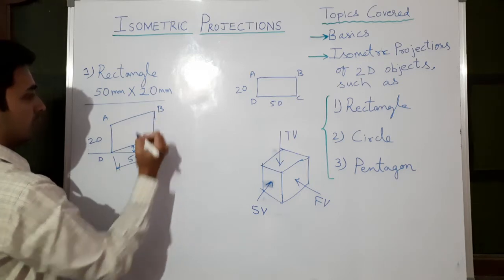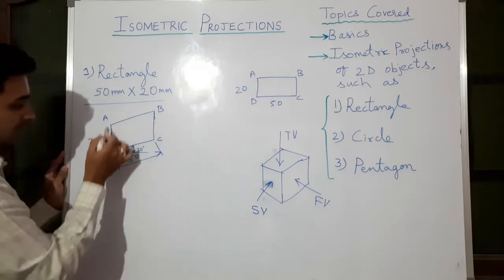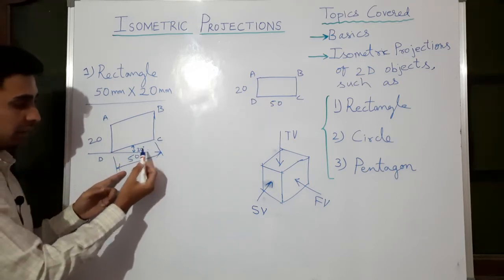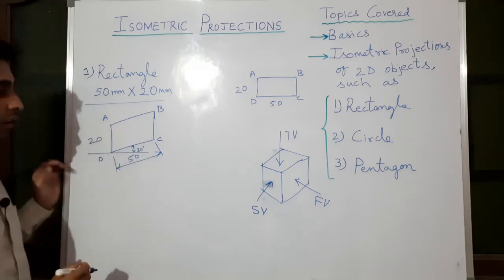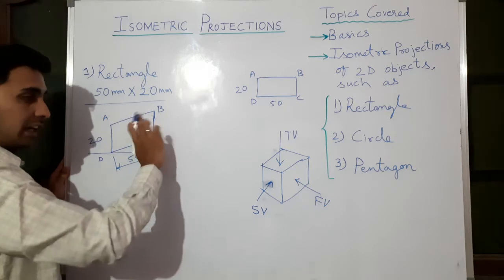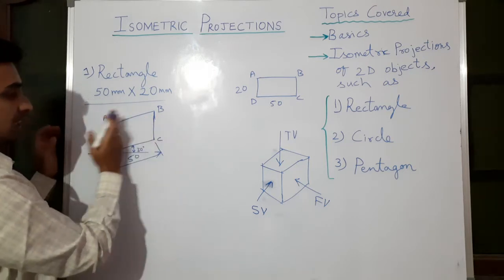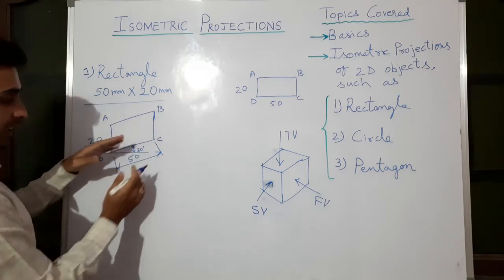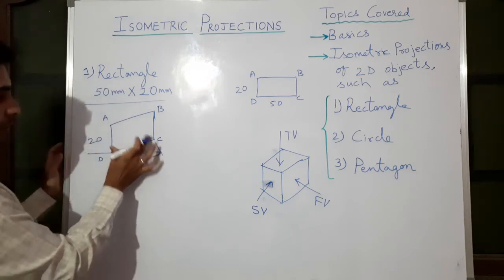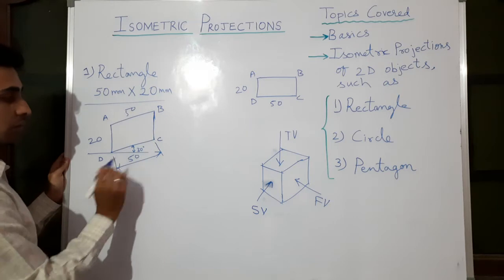Join this. Okay. So how I have done is, first A to D, a 20 vertical line, then D to C, a 50 mm long line at 30 degrees. Then from C again vertically upward, no inclination to either side. This is 20, this is also 20, both are parallel to each other. This is a 50 mm long line at 30 degrees, parallel to this, this is the other line. Both are parallel to each other, this is 50, this is also 50. So this is one diagram.